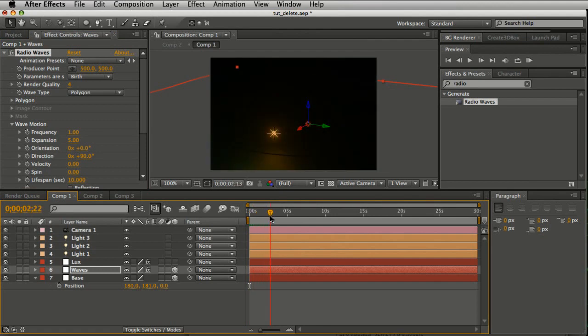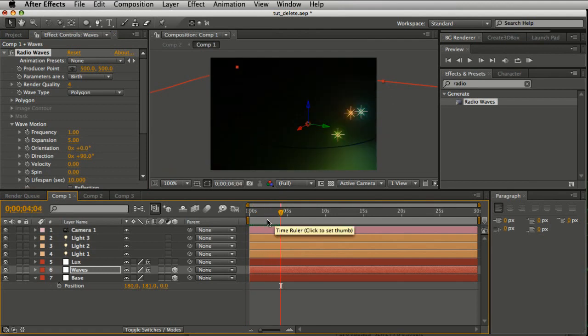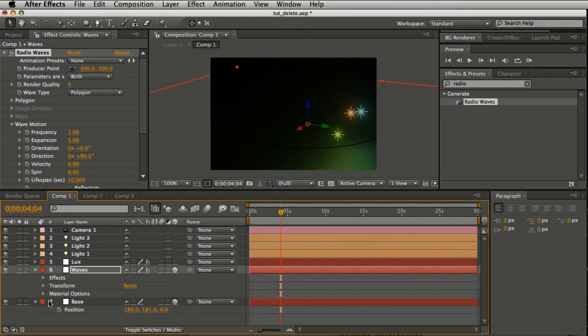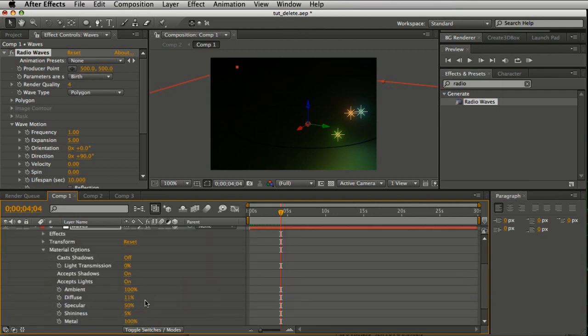Now as you can see, it generates radio waves in blue color. Now it is reacting to light. We don't want that. We want the waves to be visible no matter what happens. So just turn active lights off. Okay, now make sure the lifespan is just like 1 second,